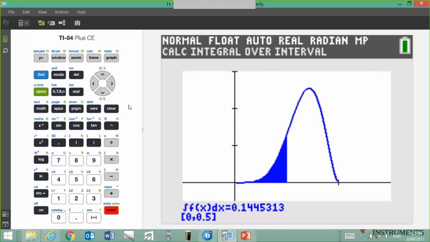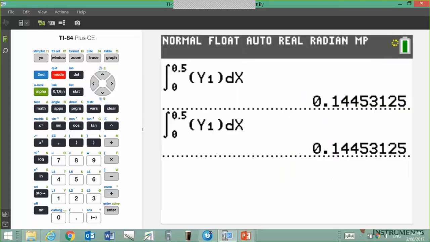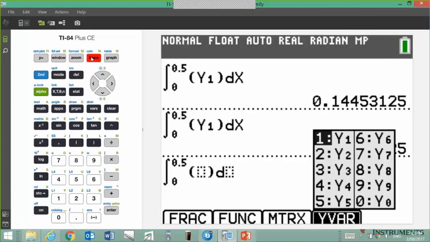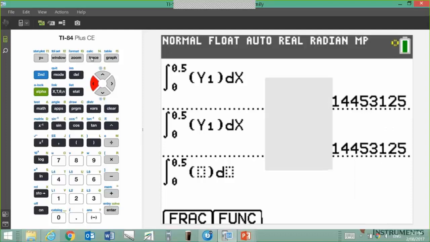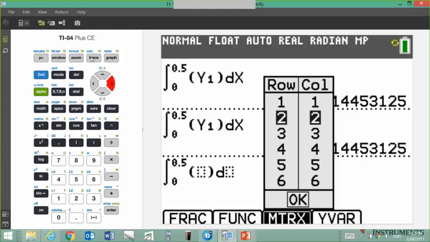And I showed you here how you could do the same sort of thing. We bring up this symbol, we put in our 0, we put in our 0.5. This is looking very much like an Nspire calculator at this stage, and we need to type, we could put the function in here. It's much easier if you've got the function set in the function editor, and I can access that by alpha and under this one here, under the trace key. If you can't remember which one, just press any and then go left and right. That works. Isn't that handy?